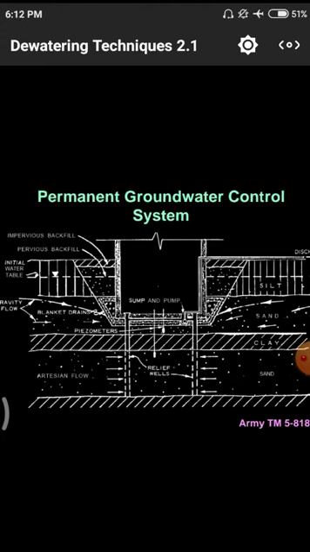By taking some precautionary measures to control the entrainment of the water, in the top layer we have impervious backfill. If there is no impervious backfill, whatever water comes from rain and other conditions automatically penetrates, and it will increase the groundwater level. To control this increase of groundwater level, we have to use this impermeable backfill.